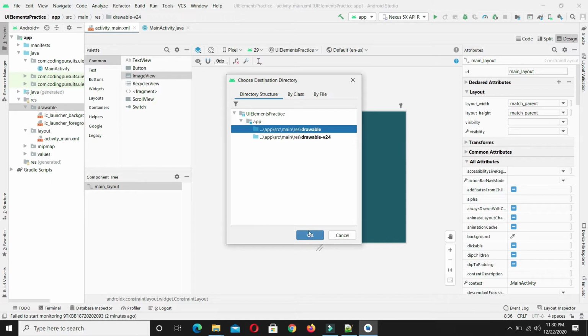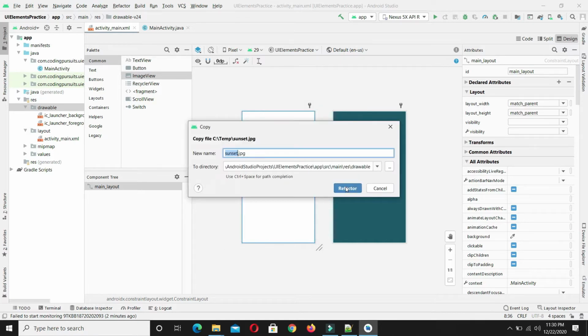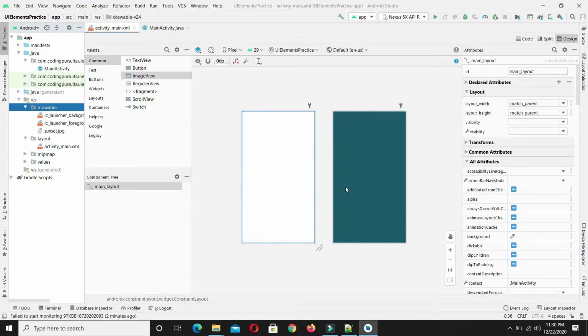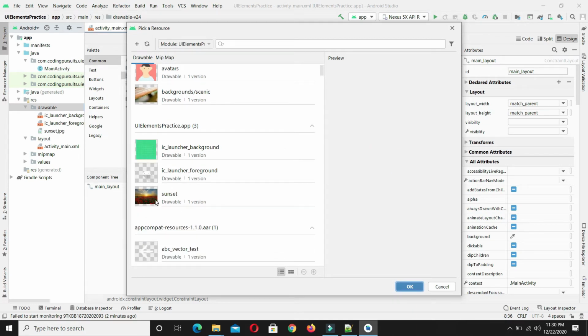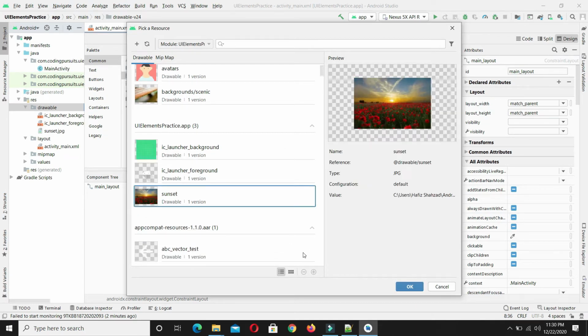Select the drawable, click OK, and boom, our image is included into this project. Now draw the image view, and from here you can see our image. Select this image and click OK.